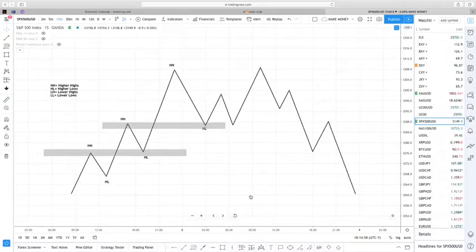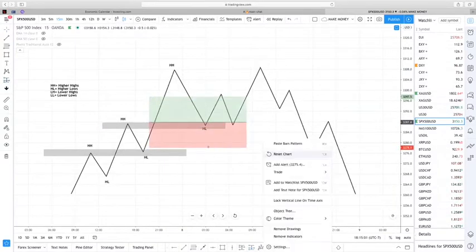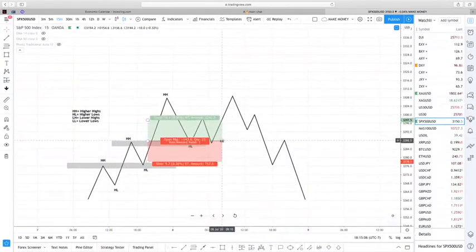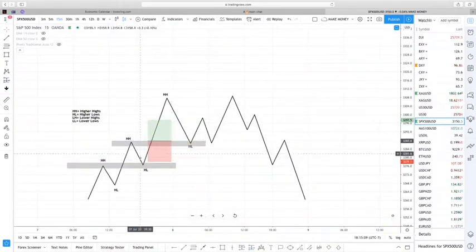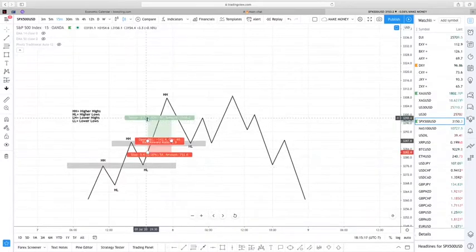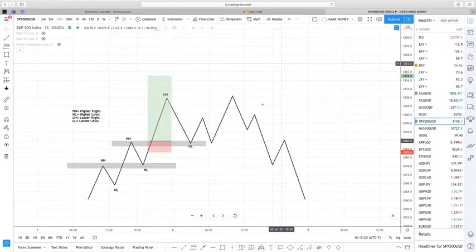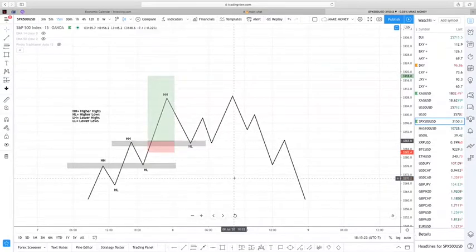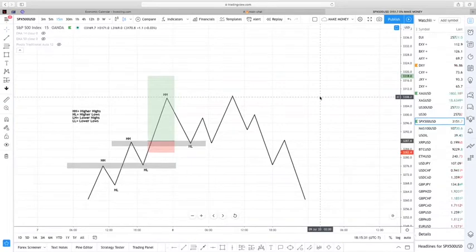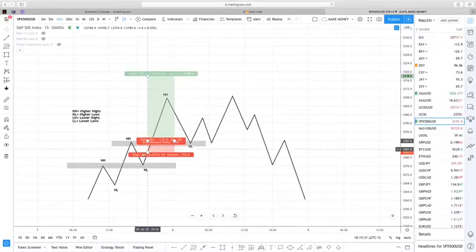Like, let's just say that you're going for something like this, and I keep resetting my chart. Let's say you're doing something like this. Okay, you know price is coming up, it's going to break your zone right here. You already know, you're 100% sure. Okay, you do this, and then you set your TP all the way up here. All right, and then you set your stop loss and go about your day. Like, oh man, I'm in the money. I'm not even gonna check. I'm so 100% sure that this is gonna hit my TP, but your TP's all the way up here,